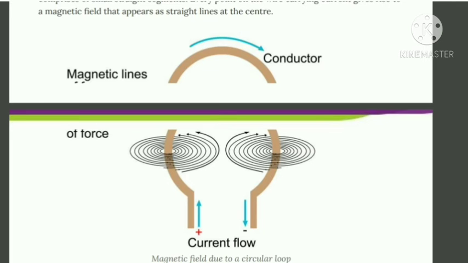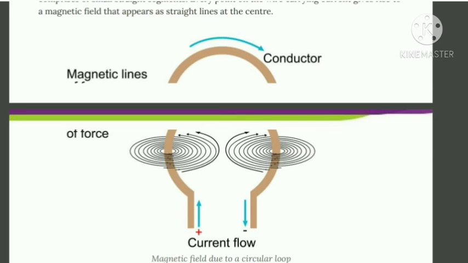If we check the magnetic field lines on the left hand side as well as the right hand side, you can see that where there is the positive end there is the south pole, and where there is the negative end, that is the north pole of the magnet. The magnetic field lines which are produced at this positive end of the battery